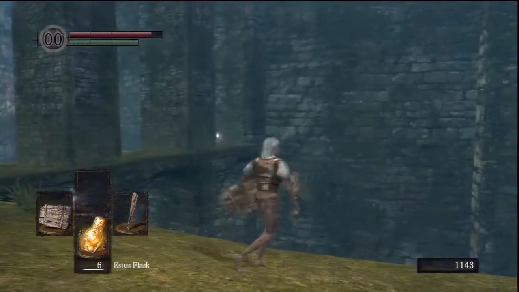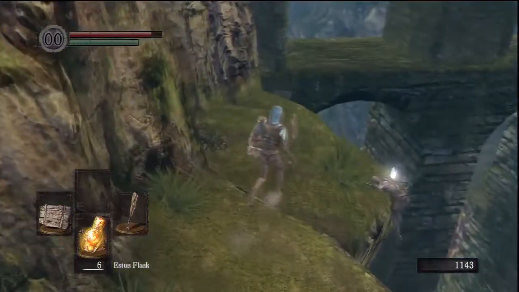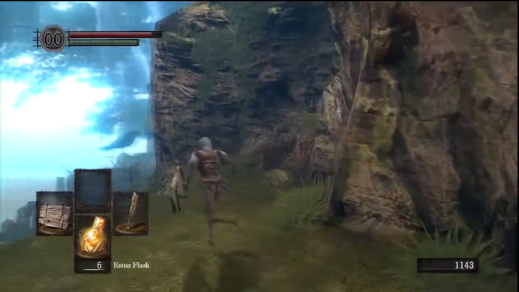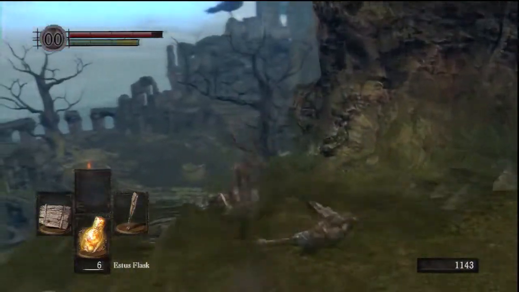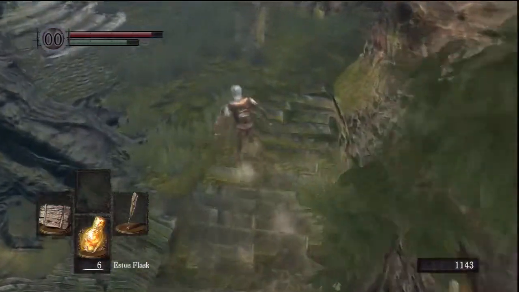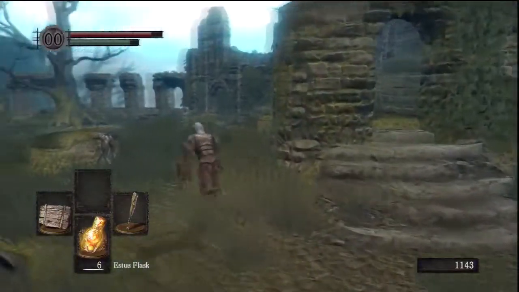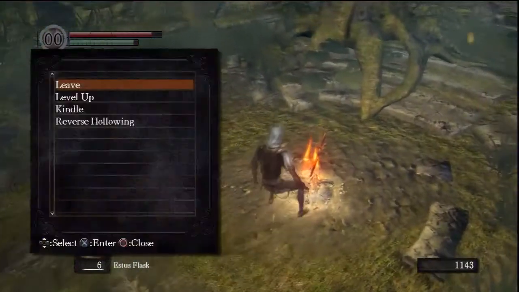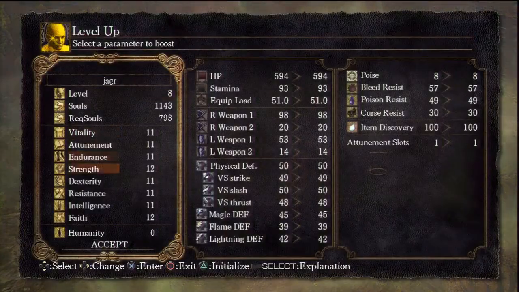That item over there I can get to, and it's the Ring of Sacrifice. That's a really useful ring later on in the game. I'm probably not going to get it right now. It really only depends on what I'm doing. But anyway, I leveled up. I can level up again. I'm probably going to be leveling up